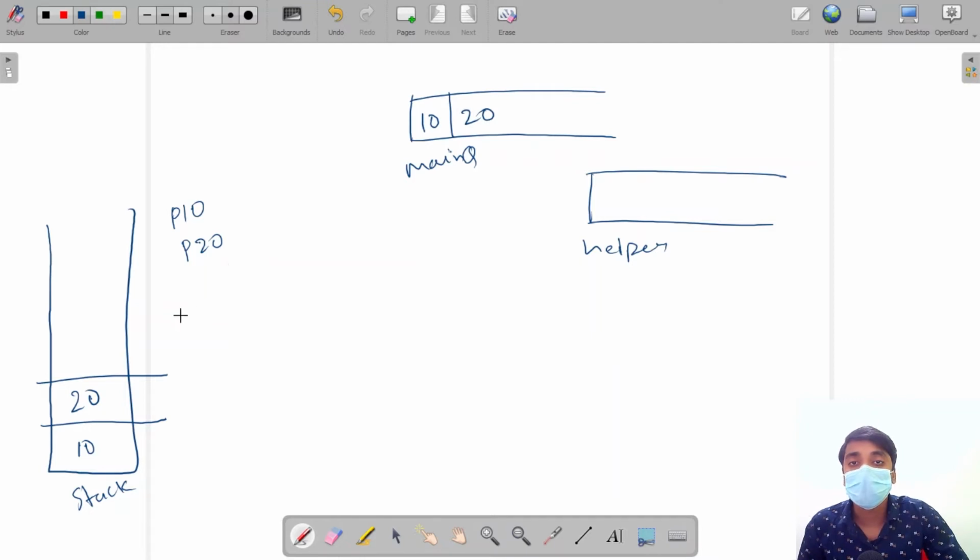Now if we ask for the pop value, it will give 20 in O(1) time, but in the main queue the value is at the last of the main queue. So for getting this value, it will take linear time.